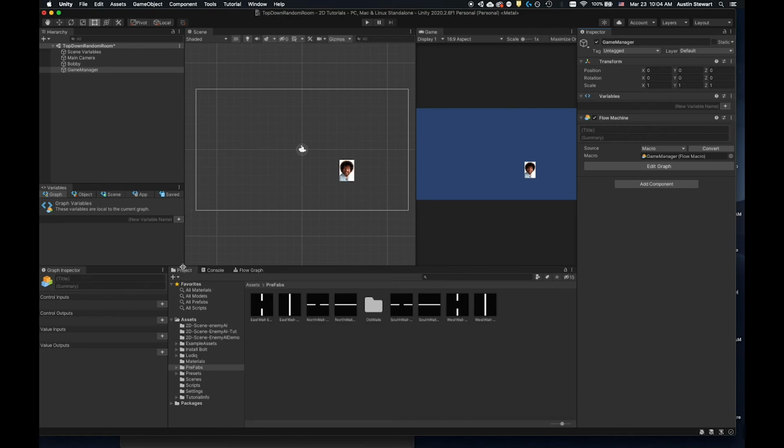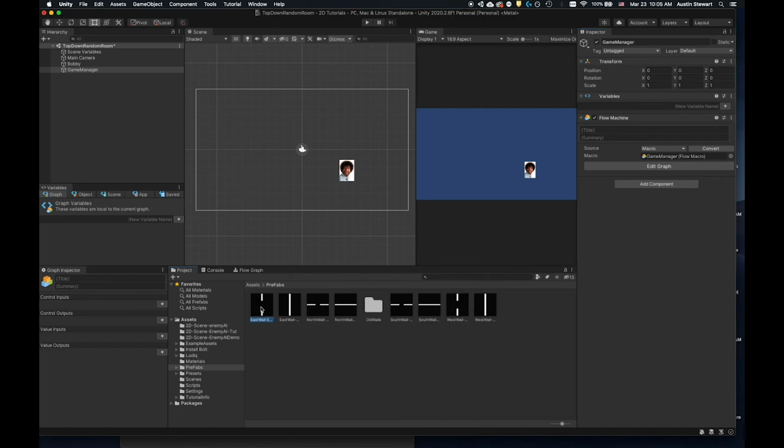And then we need to go to our project tab and go to our prefabs because we need scripts on some of these. Now, in the past, there's a choice here. Do we want the collision detection to be happening on the player object, or do we want the collision detection to be happening on these walls? Now, one of the nice things is with a couple steps, we can use the same macro on all 4 of these walls and essentially eliminate a lot of the complexity of our resulting graphs if we can take care of as much as we can possibly take care of on each of these